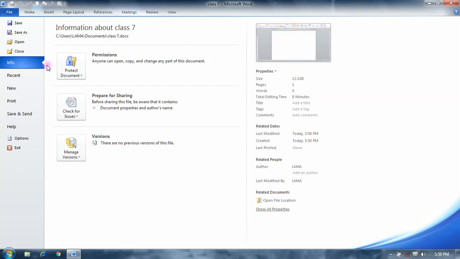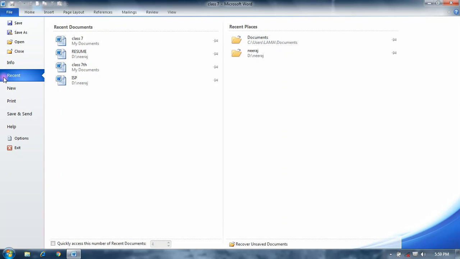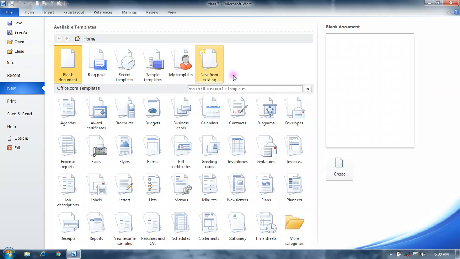The Info option displays the information about your current document, like permissions, preparing for sharing, versions, etc. The Recent option displays your recent working projects in this place, so you can see our document class 7 was recently worked on. The New option is used to create a new file.